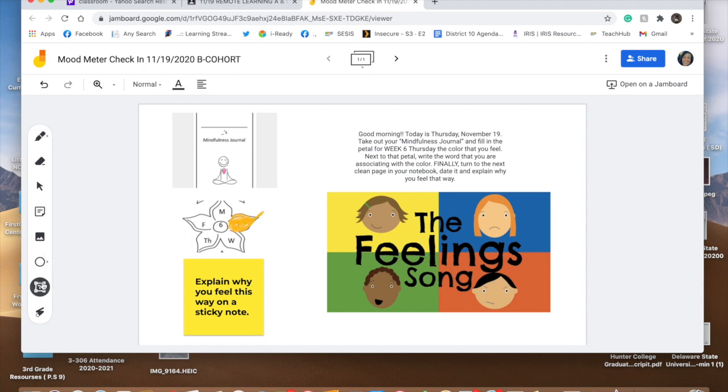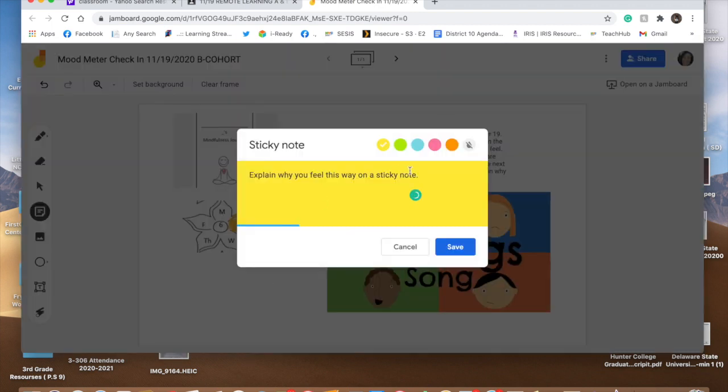Then we tell our students to write a word that is associated with that color. I'm just going to say happy. And then here on the Post-it, we have our students write, I feel happy today. And then we tell them to write, I feel happy because